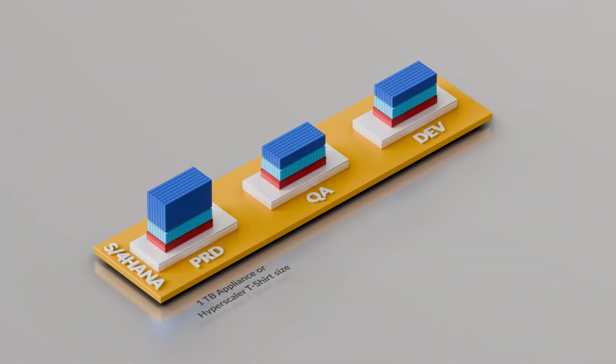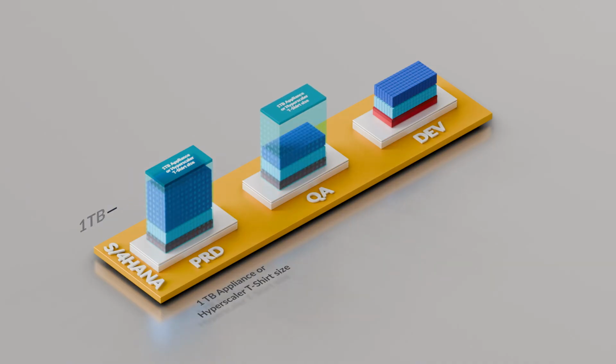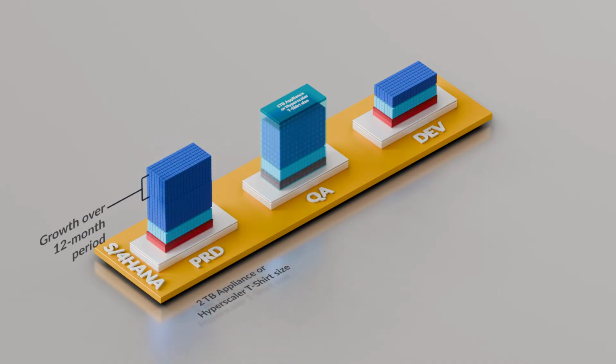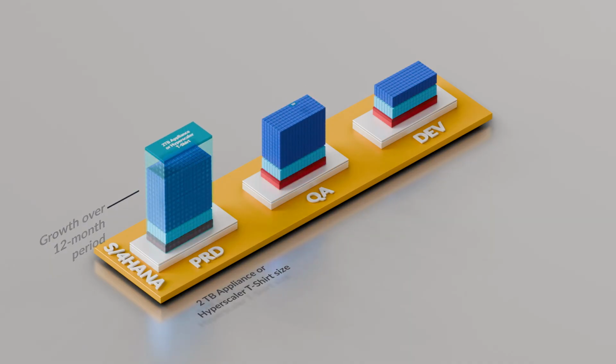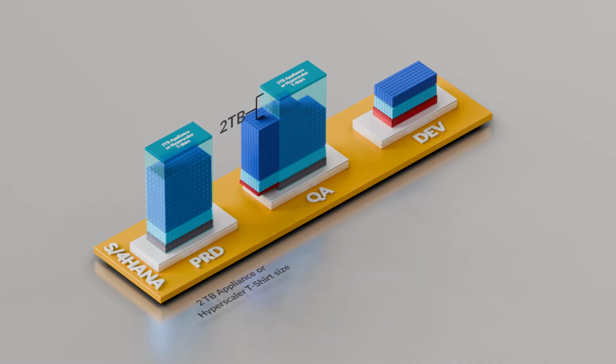When you move to RISE, your S/4HANA system is in a hyperscaler and there is a certain appliance size for the production system. When you copy that system back for testing to a QA environment, you need the same size appliance. As the production system grows, the appliance size will go up, and then when you copy back to test systems, you need the same size appliance there, so the consumption costs go up quite dramatically as the system grows.